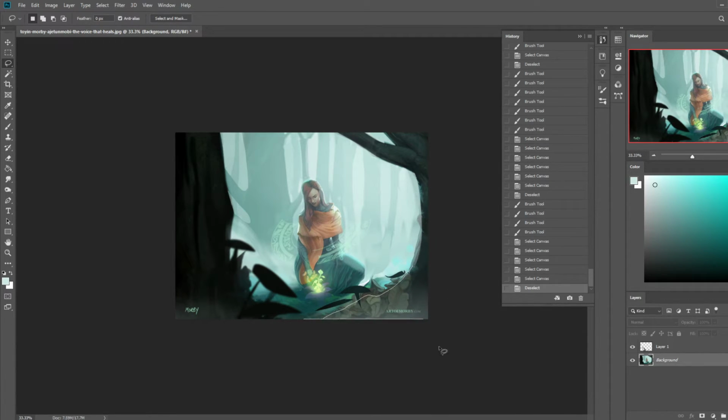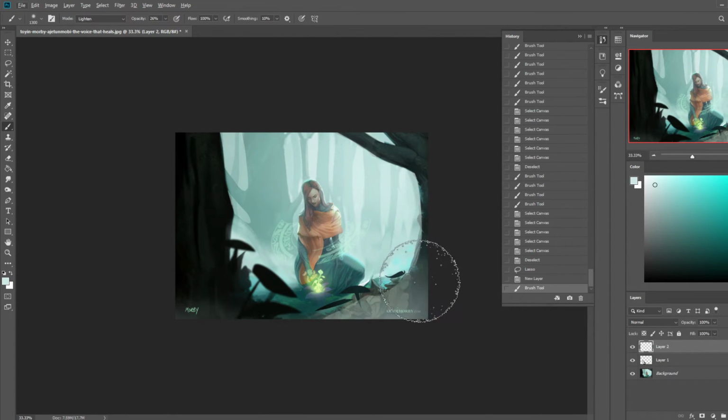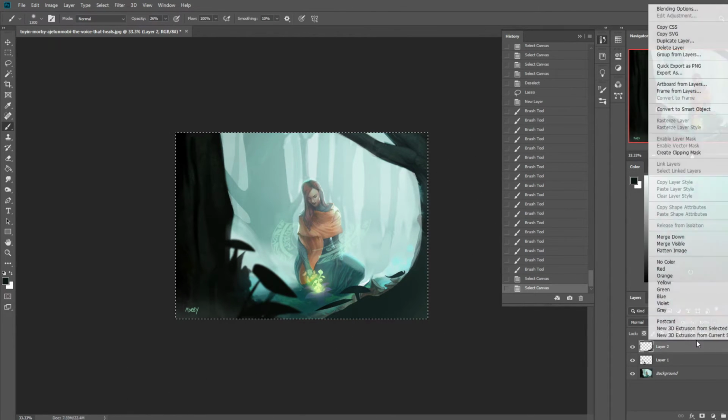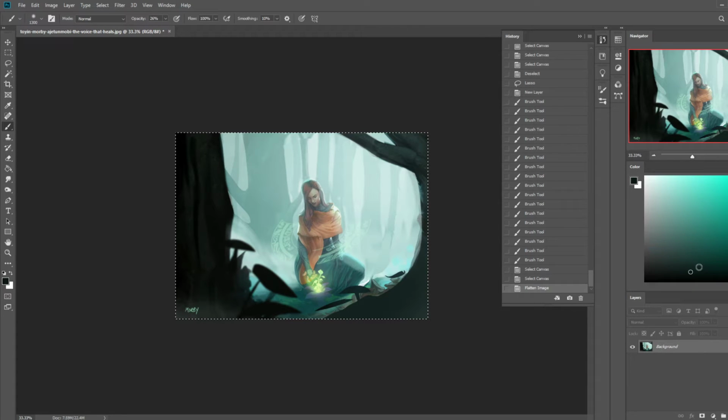So I'm just going to darken toward them. Something more like that. So flatten, copy, and let's see what the before looks like.